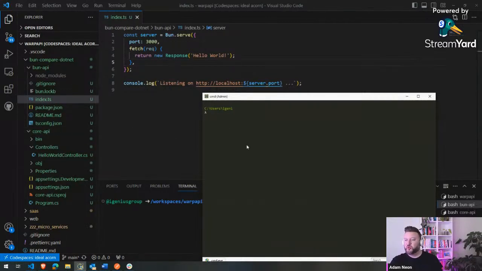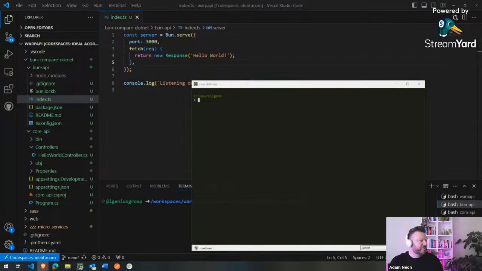Now, I know the first thing you'll probably say is it's not quite a like-for-like comparison, because .NET will usually run on IIS or a server. But then I'd also say if we're going to do that, we'd probably also need to host the Bun installation on a server behind, like, a battle-tested server like Nginx, Apache, whatever it may be. Well, I'm not going to do that today, but I think that's something that you guys should think about in the future. So in the meantime, let's do some performance testing, and I'll show you how to do that as well,